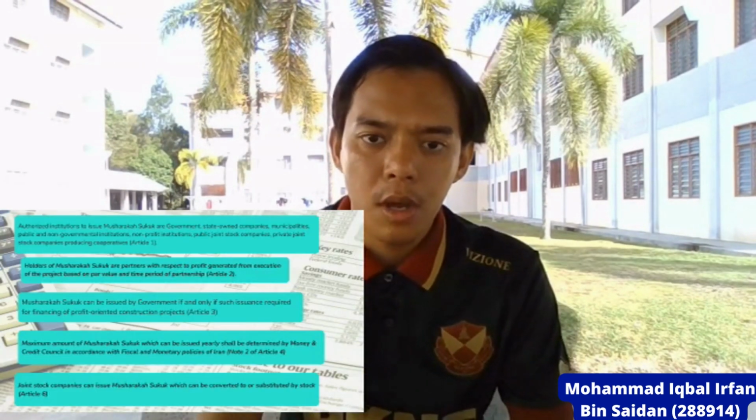the regulating agency and official guidelines. The act of issuing Musyarakah Sukuk was eventually adopted by the Parliament of the Islamic Republic of Iran in September 1997 and its bylaw was authorized by the Council of Ministers in August 1998. So the act